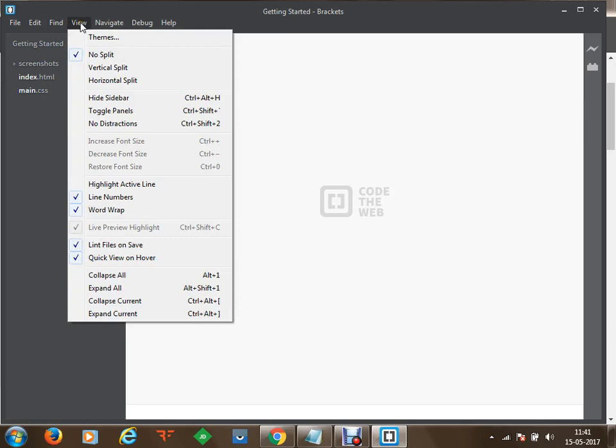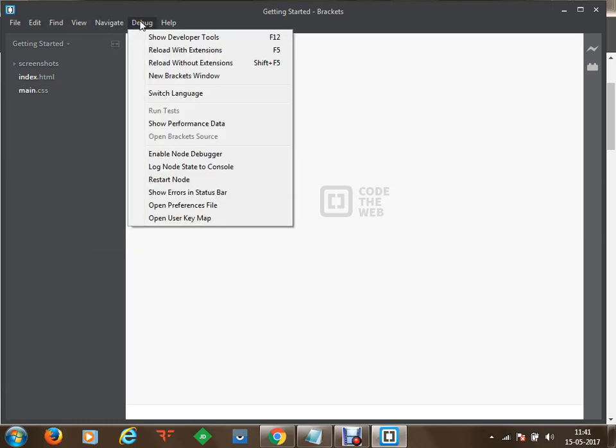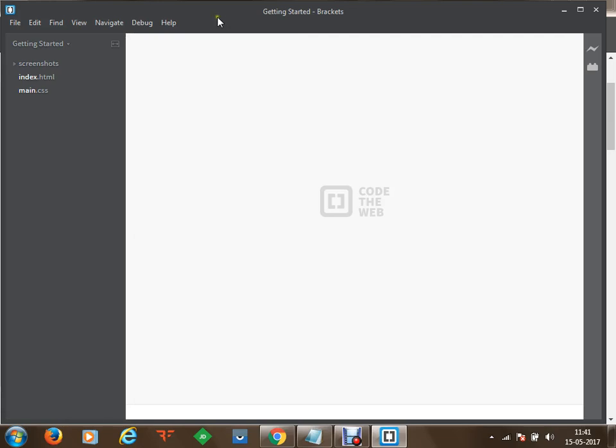Then you can split the views, you can keep the views in landscape format, you can put that in horizontal format, and you can view multiple views. You can navigate to individual files. Then finally you can debug your applications here, and once you are done, the application will be displayed and a live preview will be given back to you. Now what next we have to do?